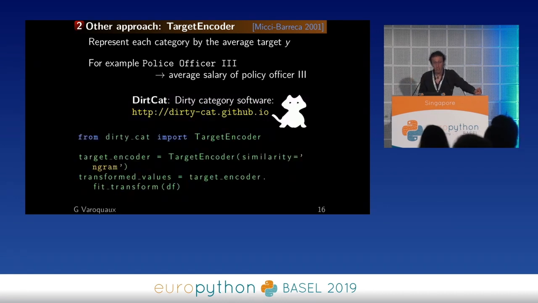It's also available in Dirty Cat because our goal in Dirty Cat is not to sell the methods that we develop, but to help solve a problem, which is dirty categories. So it's target encoder, oops, and I was editing this too late yesterday evening, and target encoder does not take a similarity